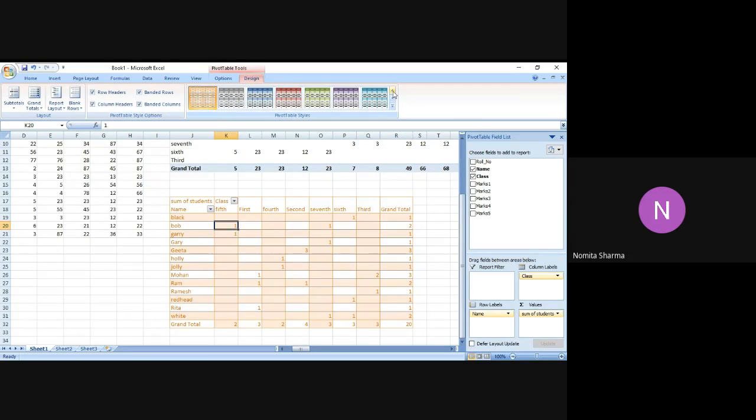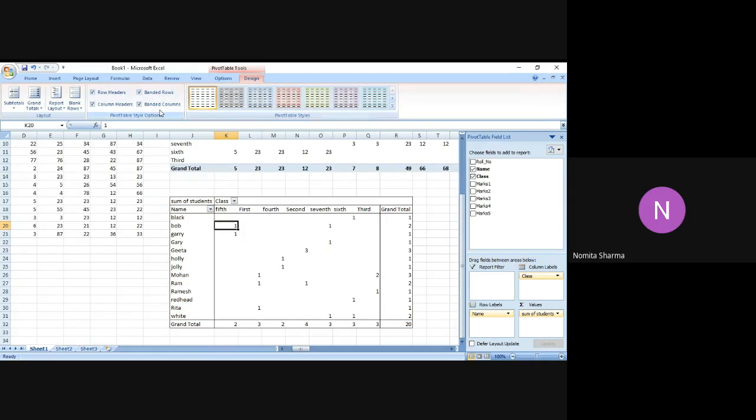So let me go back to my original white table, and I don't want to have any band, so I just deselect that and I go back to my original form. In a similar manner, if I go back further, you will see some more options appearing over here. You have grand total option just besides the report layout. So I repeat one more time, the design option of the pivot table tool is having 4 options just at the corner if you see.